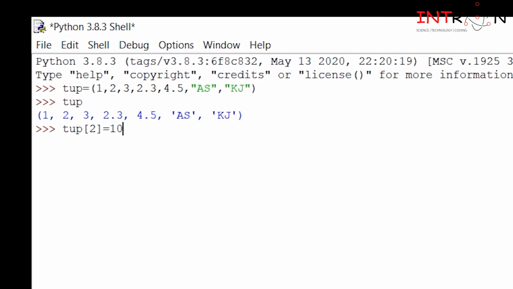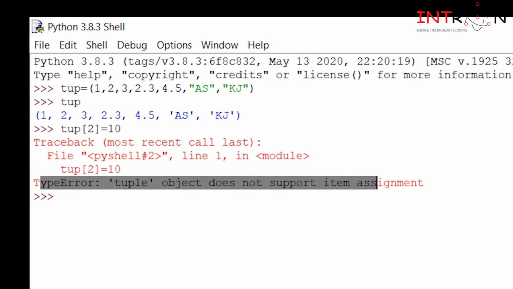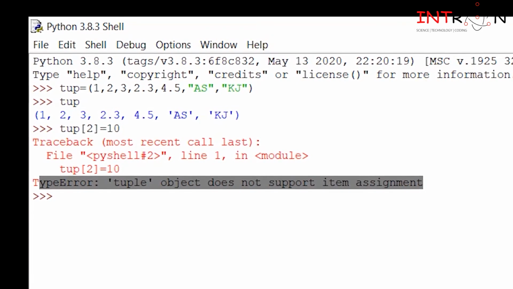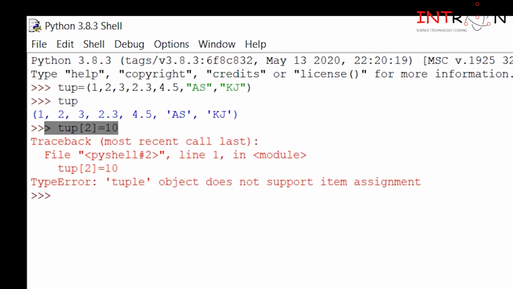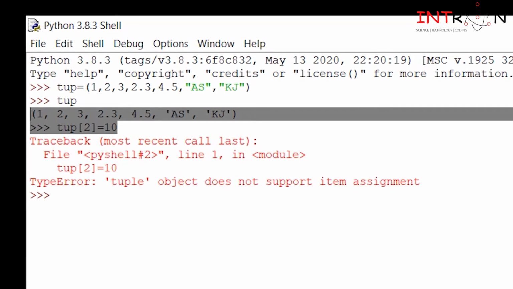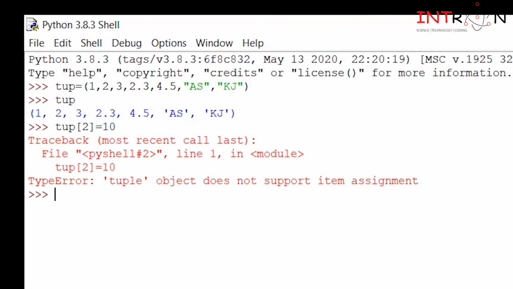So let's check this in the case of the tuple. Here it gives an error. It says tuple object does not support item assignment. This means that in a tuple you cannot modify the elements once you have given them. So this is the difference between the list and tuple. In a tuple we cannot modify the elements.